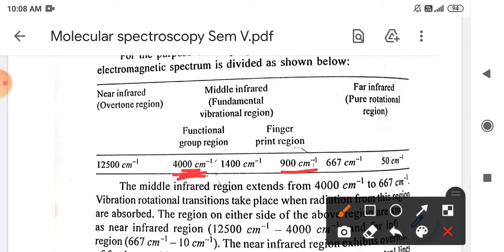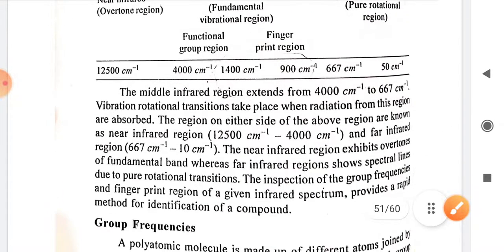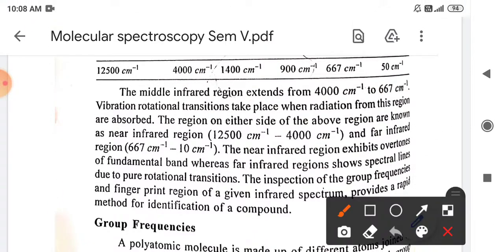So this is the most important region for IR spectroscopy. This far infrared region shows the pure rotational region, so we can say that it is somewhat near to the microwave region, that is 50 centimeter inverse. Here we see the middle infrared region, which extends from 4000 centimeter inverse to specifically